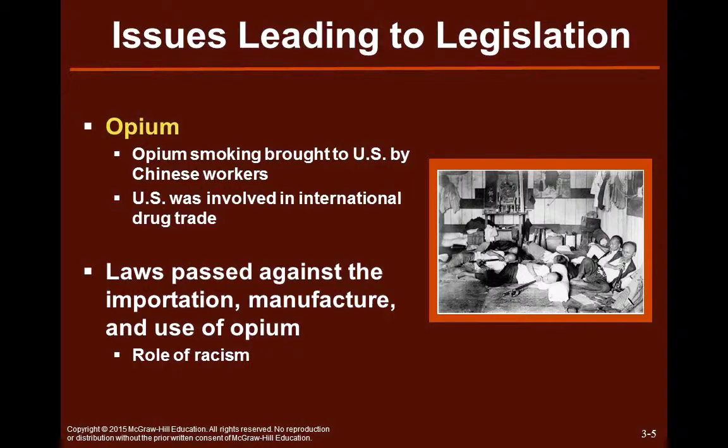And really what we're looking at is the legal representation of a cultural concern. We couldn't outlaw being Chinese or being an immigrant, but we could outlaw this behavior that was strongly associated with Chinese immigrants at the time. And again, we'll see this pattern repeat as we talk about several of our illicit drugs throughout this class.